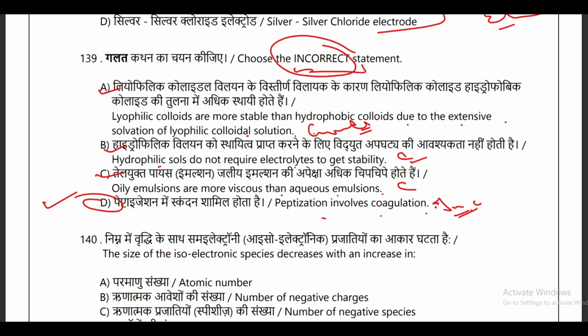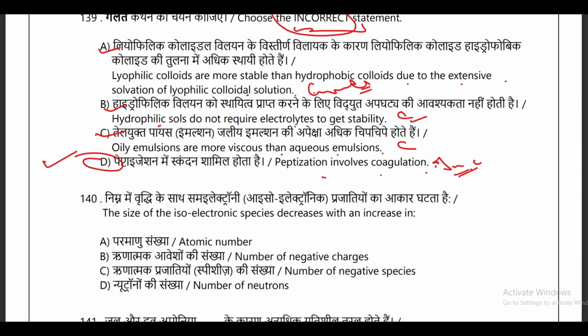Okay, so this is an incorrect statement because peptidization is actually the opposite of coagulation. Peptidization is a process, okay, in which precipitates are converted into colloidal solution by addition of an electrolyte, which stabilizes the colloids also. But coagulation, if we say, involves aggregation of colloidal particles into a larger mass, often leading to precipitation. So both are opposite to each other, and so D option is your correct answer. That is the incorrect statement. Okay,